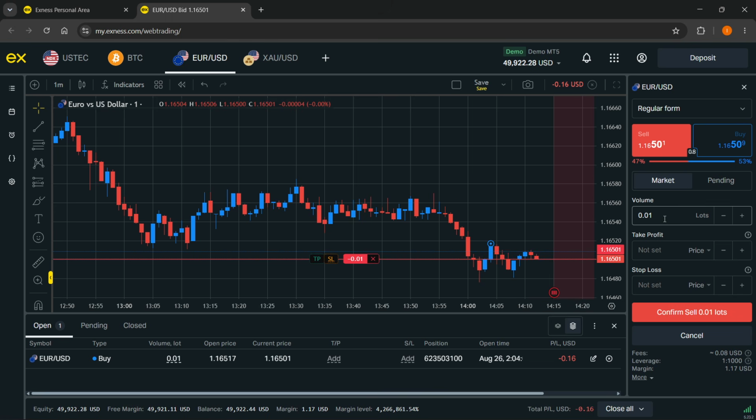And of course, the volume over here where it says volume, this is where you can add your quantity. So as you can see, it's in lots. You can go and click on the plus or minus buttons to actually modify this, or you could type it in manually. For example, I'm going to go 0.1 lots right now,